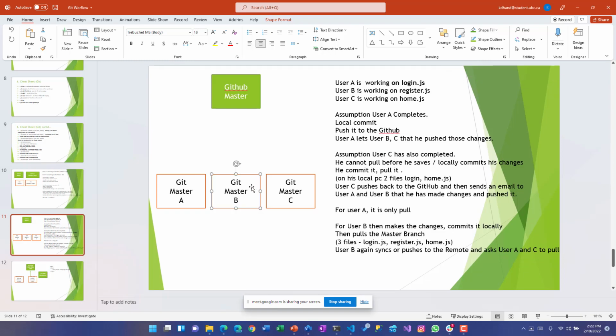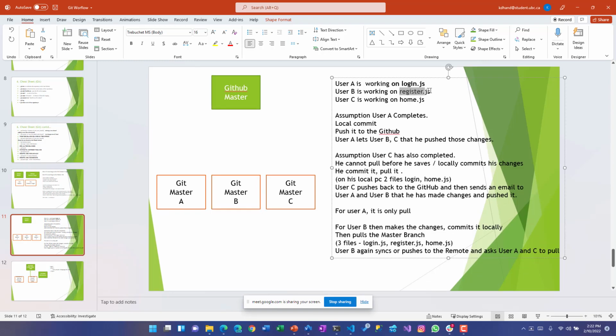But for user B, because he's working on register.js, he would make those changes locally, commit them, and then pull the master branch. So B would get login.js from A, home.js from C, and now his file register.js is with him. So he has these three files. User B syncs again and pushes back to GitHub.